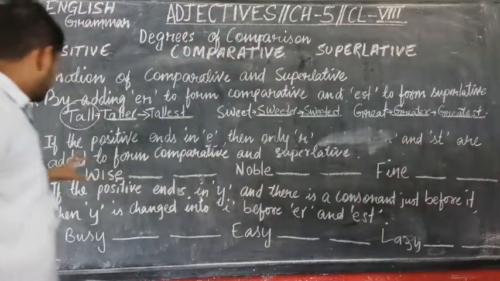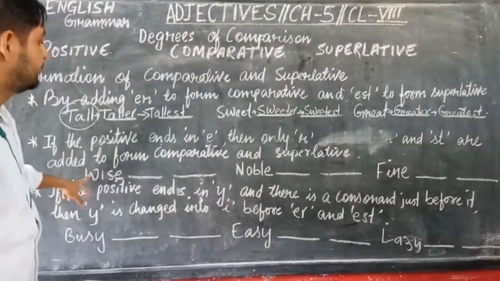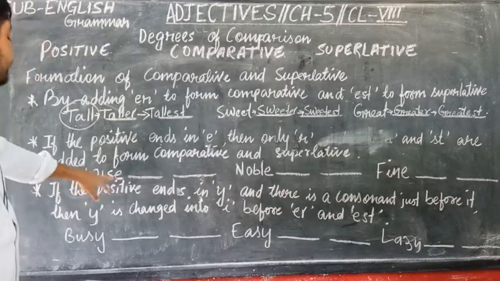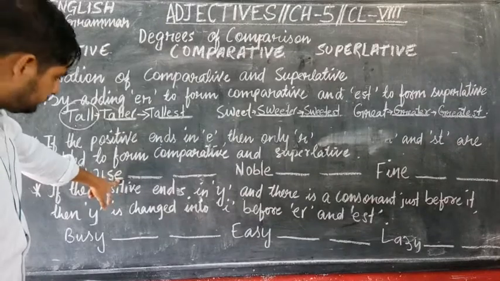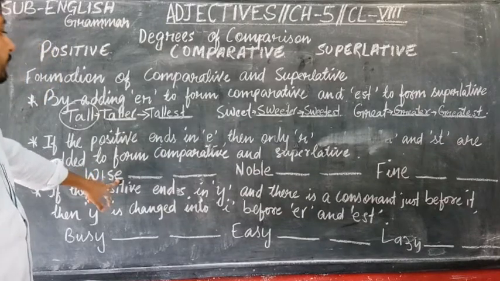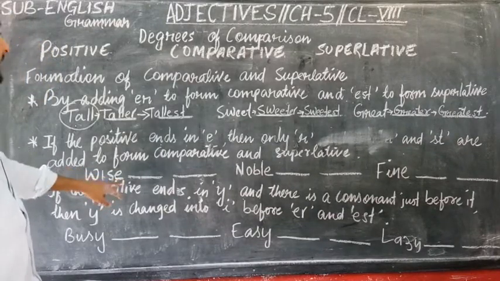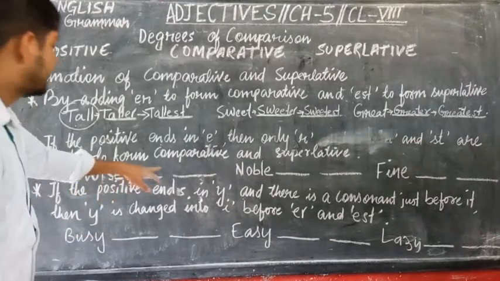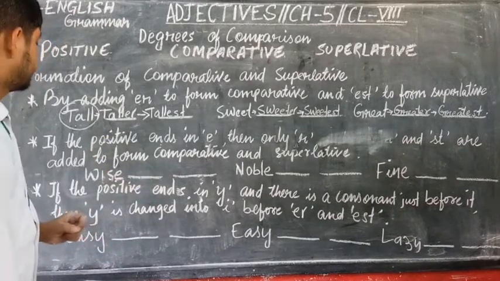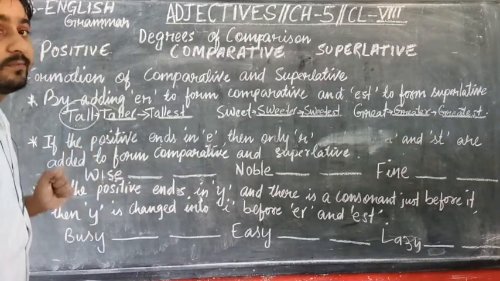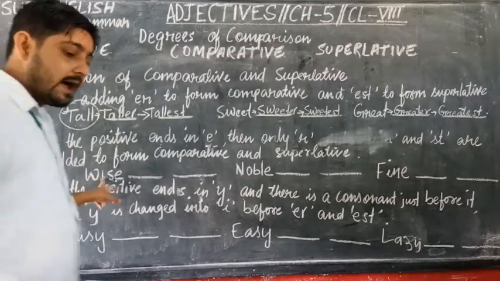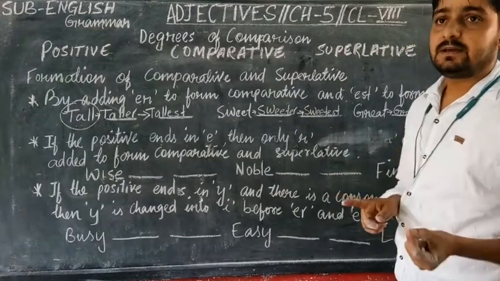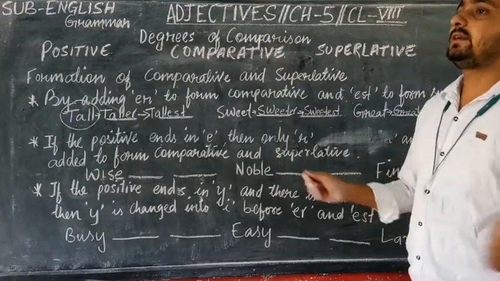Then what? If the positive degree ends with the letter E, then what do we do? We will add R to make the comparative, and ST to make the superlative. Clear? If in the positive degree we get the last letter E,